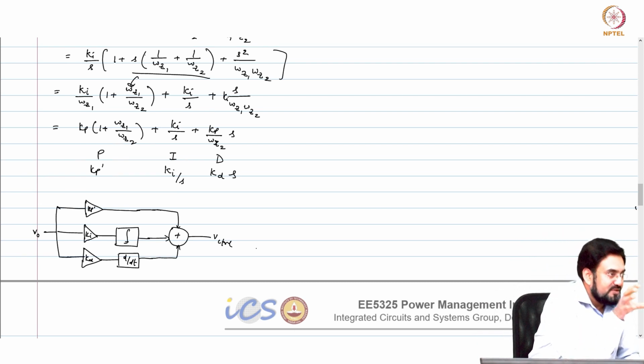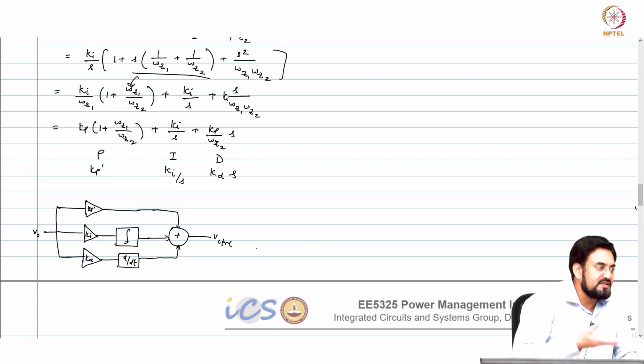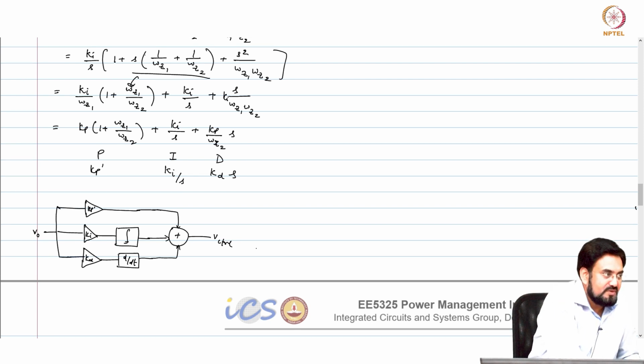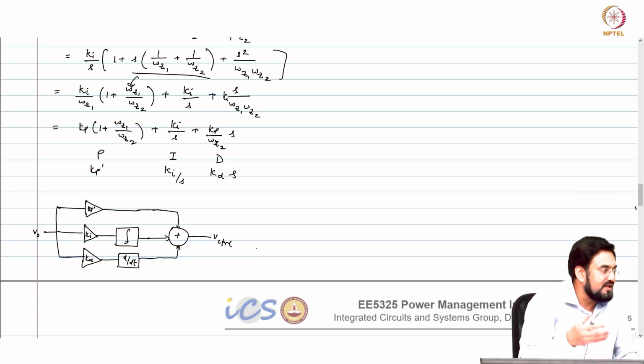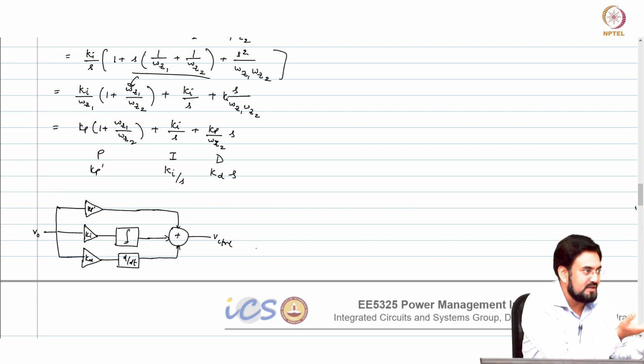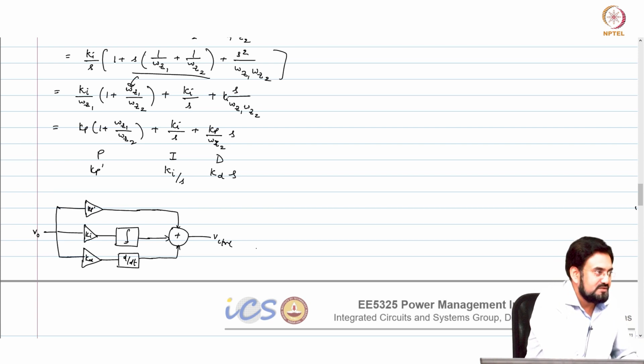So what you need? You need one integrator, one differentiator and one gain element, and that all you know how to design. The only thing is this will require 3 op amps. The same thing you can achieve with a single op amp there. Okay. So but here you can independently control all the 3 parameters. In the previous case, if you disturb one, it may disturb the other also, like your Kp and the Ki are coupled together, correct?